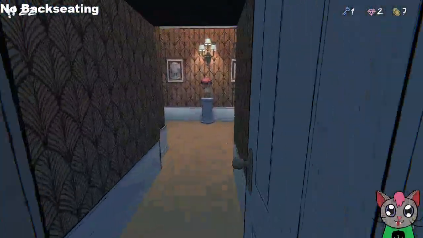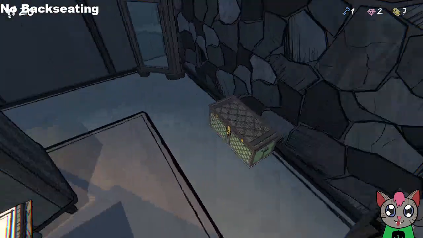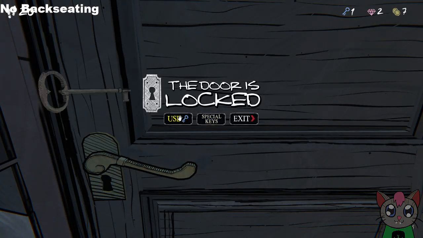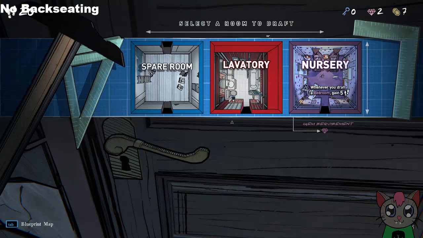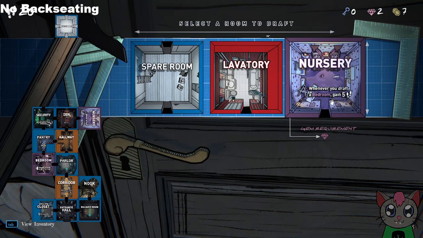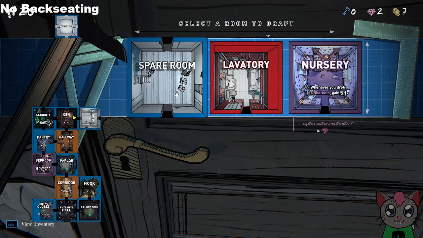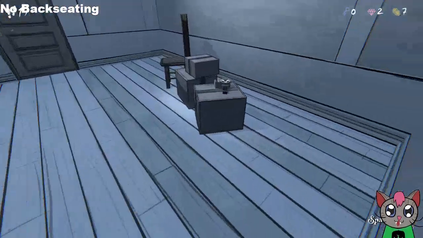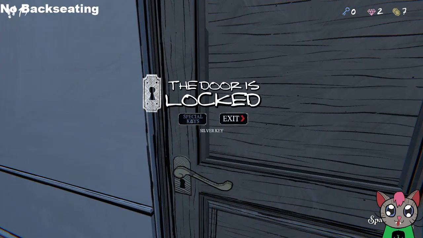We just have that bedroom there that just effectively doesn't count as moving through a room. Oh, but there's the chest. I need to open this. We'll use the regular key. Whenever you draft a bedroom, gain 5. So I'd essentially need to draft a bedroom from my security to get anything from that. Let's just go spare room. Dang. Yeah, let's just...